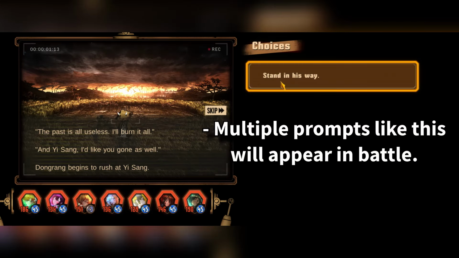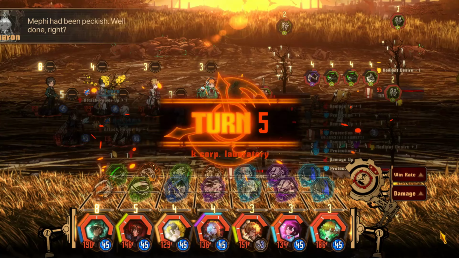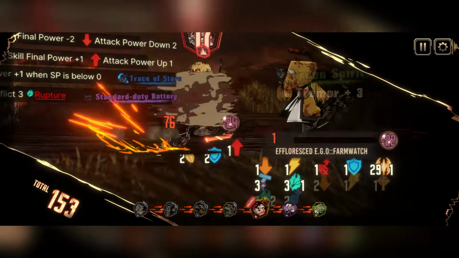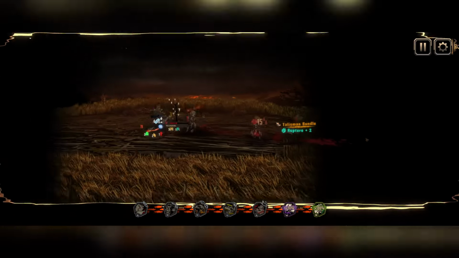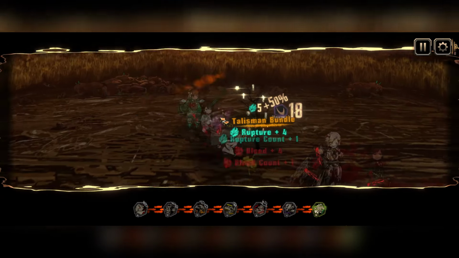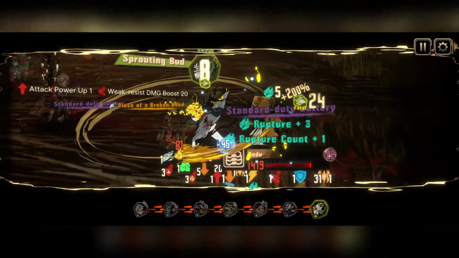You will have a prompt where you must stand in Dongrang's way. Same concept. Clear the trees as quickly as possible and whittle its HP down. This becomes a war of attrition. Block or clash his most dangerous attacks, and have him unable to leech healing off of your sinners. And finally,